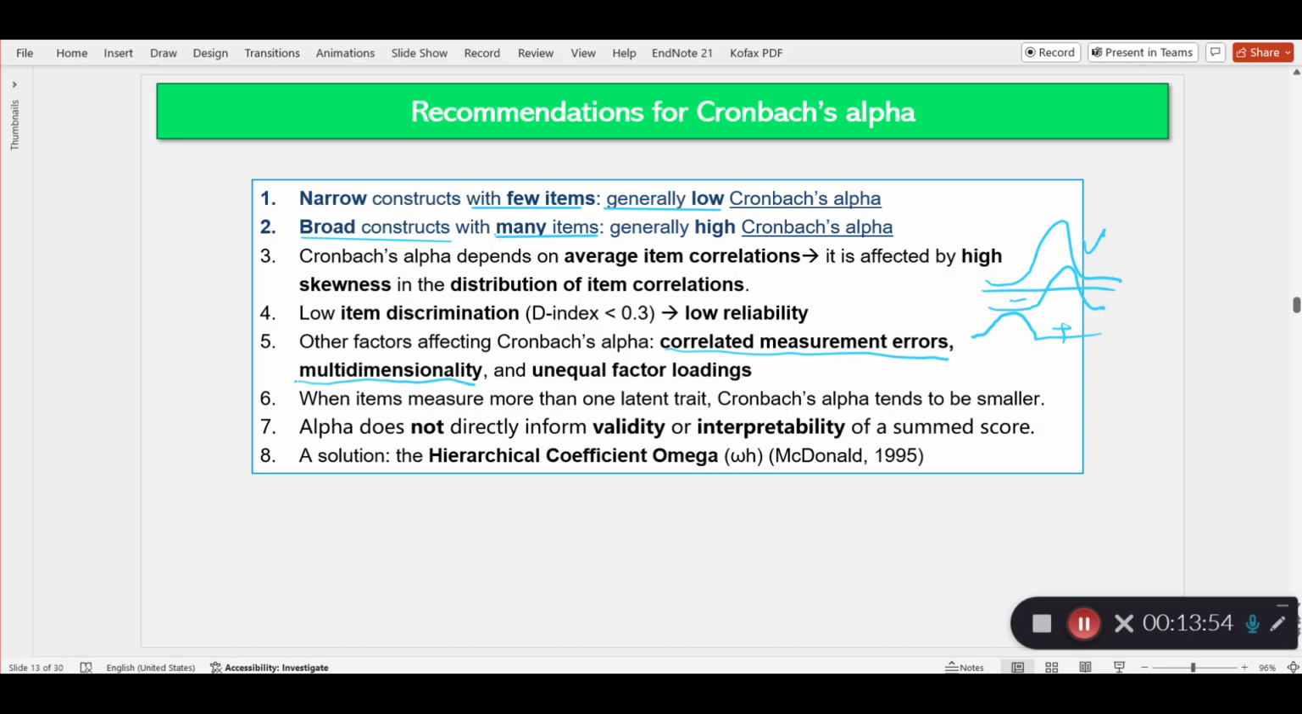Multidimensionality is another detrimental factor to Cronbach's alpha. If your instrument is multidimensional, chances are that the correlation between the items will be low, and that simply affects your Cronbach's alpha adversely. Unequal factor loadings, it's a technical term. It's also